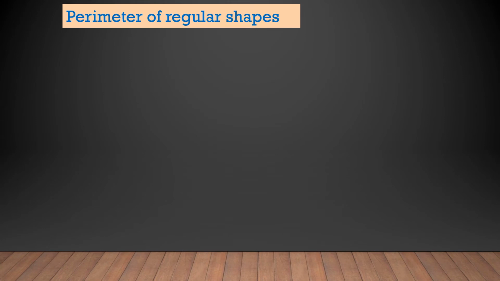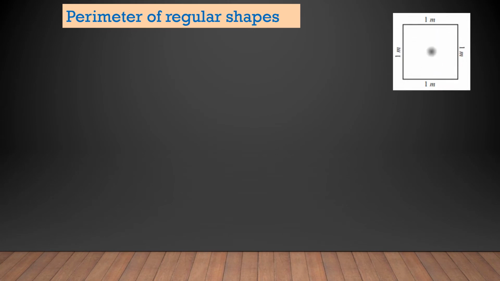Perimeter of regular shapes. Consider one example. We want to put colored tape all around the square picture of side 1 cm as shown. What will be the length of the colored tape we require? Since we want to put the colored tape all around the square picture, we need to find out the perimeter